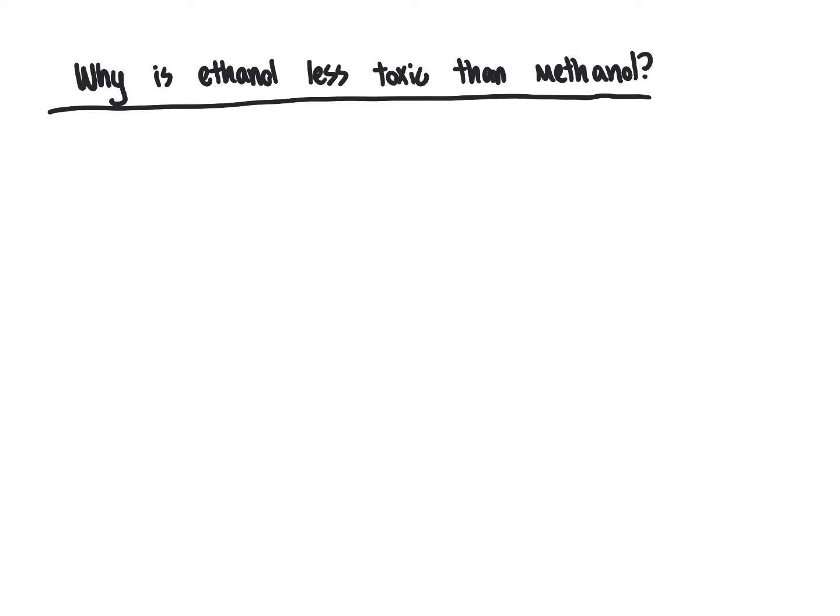So to chip away at why ethanol is so much less toxic to the body than methanol, we have to look at what reactions occur once ethanol is in the body. So we'll take the ethanol molecule, and what happens once it enters the body and starts being metabolized is it's going to come in contact with a group of enzymes that the body produces referred to as alcohol dehydrogenases. As the name dehydrogenase implies, we think of that as removing hydrogen atoms. In other words, the alcohol dehydrogenase, by removing hydrogen atoms, is going to oxidize the alcohol molecule.